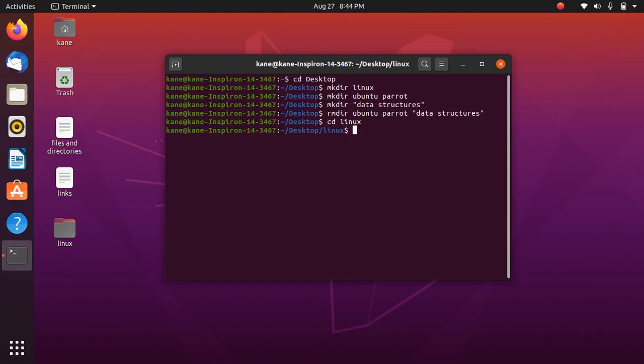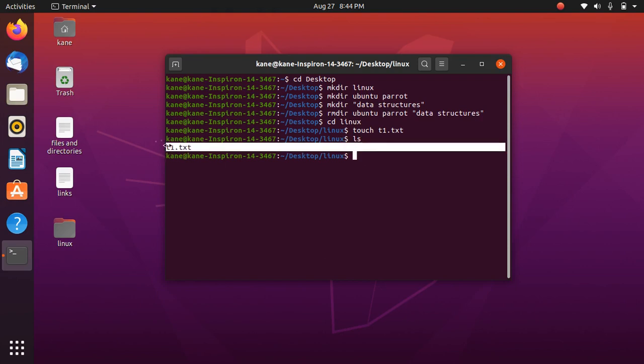We can do that with the help of the touch command. So we have created an empty text file inside the Linux folder. The touch command is useful for creating an empty text file, and the touch command is over.